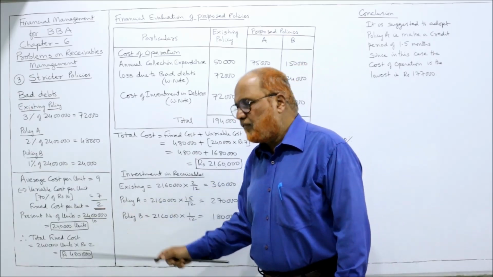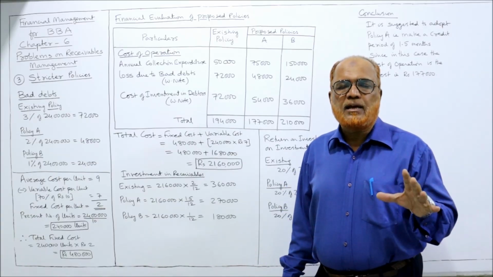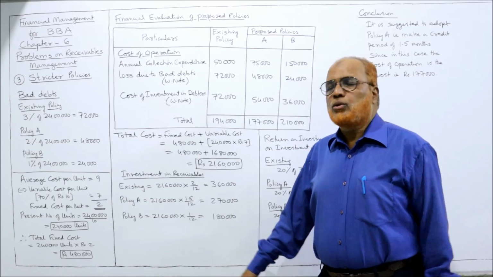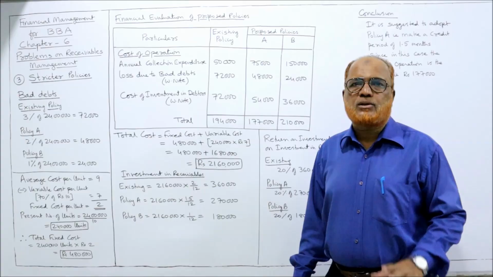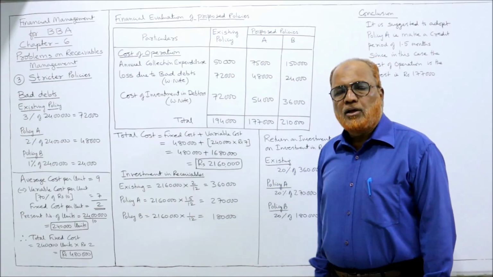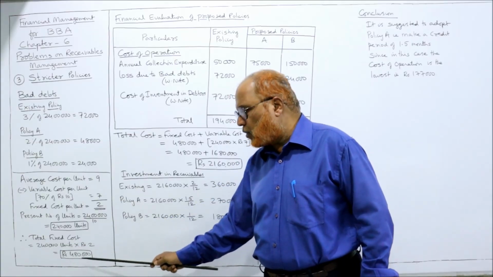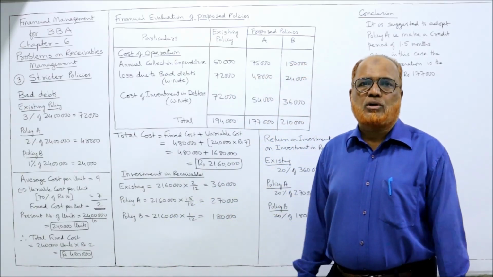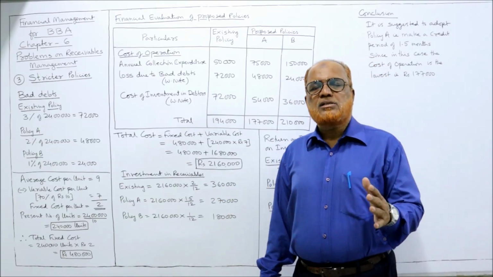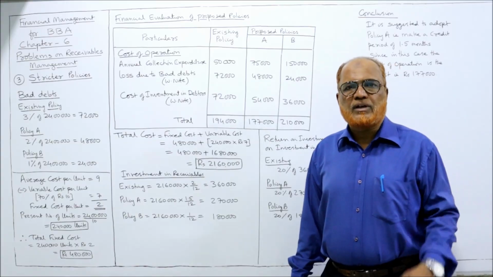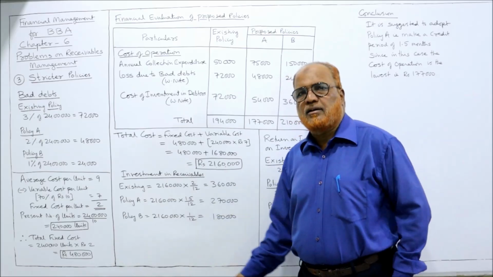Now present number of units. The total sales are 24 lakh and the selling price per unit 10 rupees. So 24 lakh divided by 10, you will get 2,40,000 units are sold at present. The total fixed cost, how much? 2,40,000 into 2 rupees. 4,80,000 is the fixed cost, total fixed cost. Now total cost. Total cost consists of sum of variable cost and fixed cost. The fixed cost is 4,80,000, just now we have calculated.